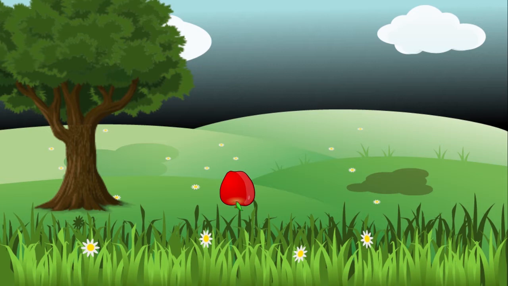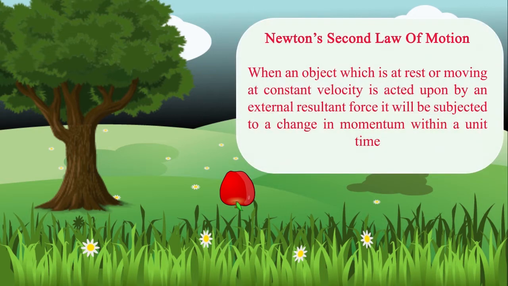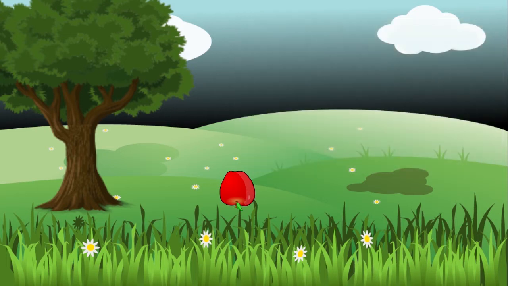In order to understand the pseudo force, we need to first understand Newton's second law of motion. What Newton's second law of motion states is that when an object which is at rest or moving with constant velocity is subjected to a force, it will change its momentum within a unit time. In other words, if an object has an acceleration, it would be due to a force or resultant of forces